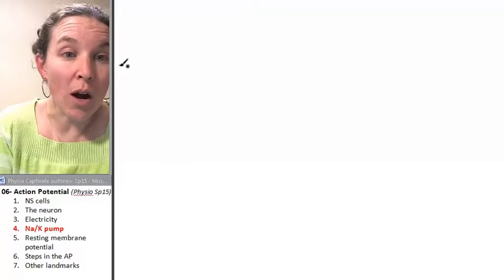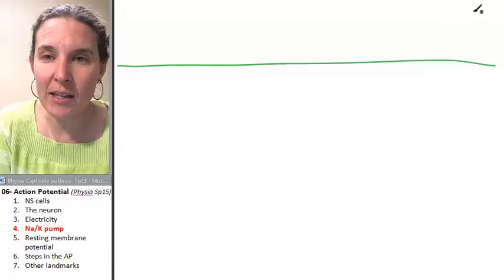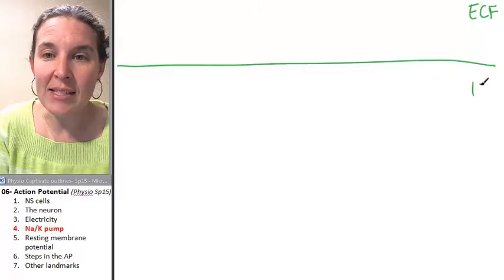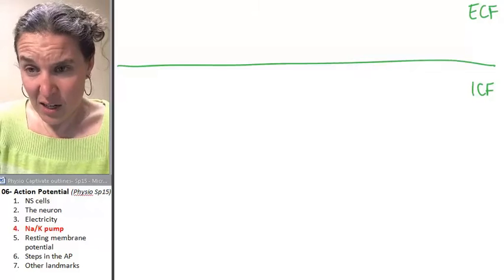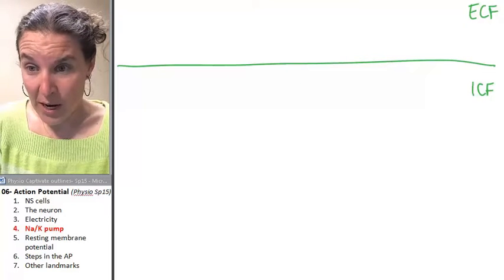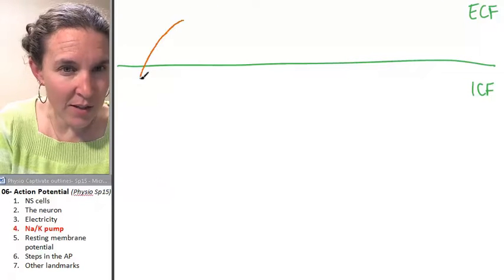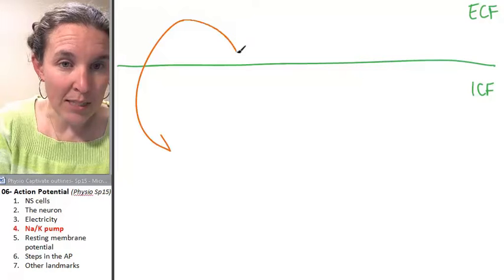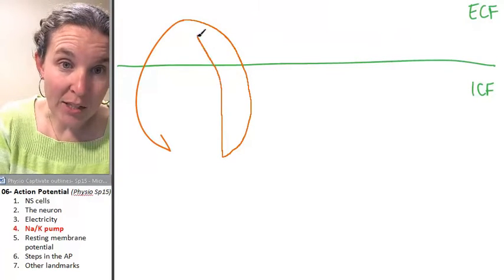I'm going to draw a cell membrane, and you can do this. This is the extracellular fluid, and this is the intracellular fluid. It's not going to be perfect, but I'm almost perfect, right? And here's how we're going to do this. I'm going to draw the sodium-potassium pump in its original conformation, and its original shape